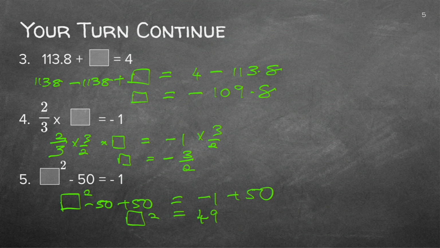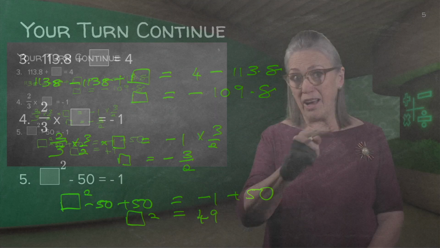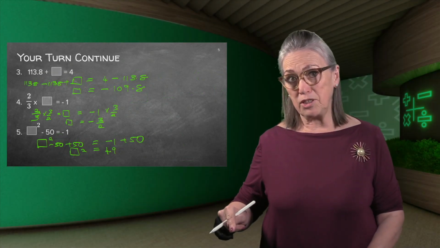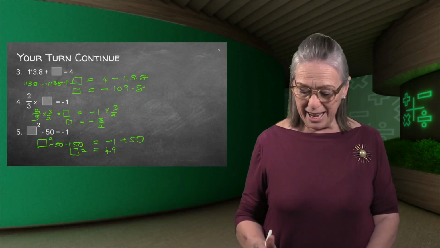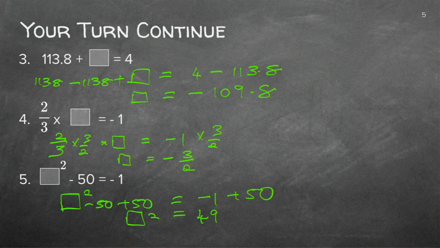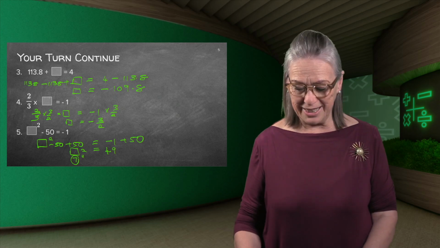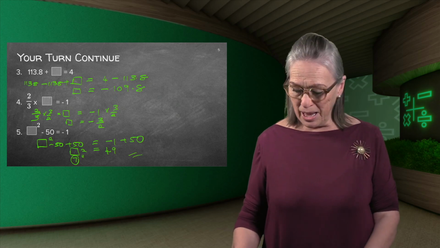Now, something square equals 49. And remember your multiplication charts when we did square numbers? They run diagonally from the left top to the bottom right. What is 49 the square of? 7 to the power of 2. So our answer will be 7. Well done if you've got that one correct. Cool.